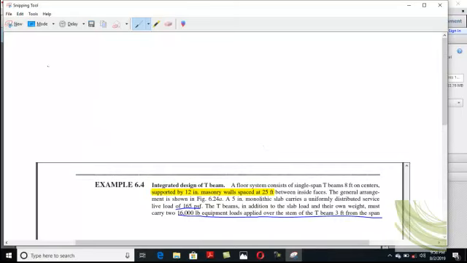The first criterion is basically your deflection criterion. If you have a simply supported beam, your h minimum, as we did in the calculation of a simply supported beam when designing with a rectangular beam,